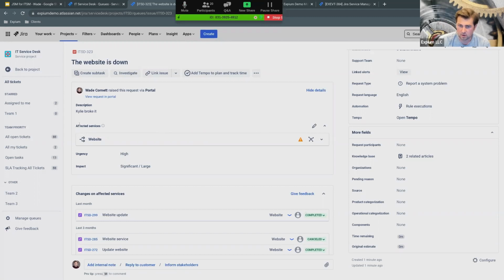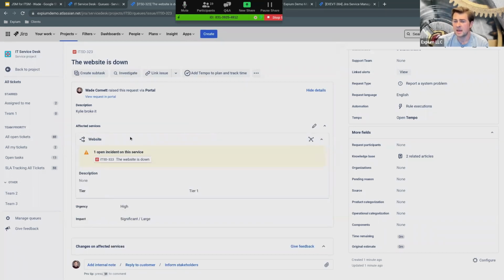I have submitted a request. I'm sorry, not a request. Well, yes, a request. But I have submitted an incident that my website is down. And I selected my affected service, which is the website. And what I can see here is one open incident on the service. The website is down. This is a really nice and handy way to be able to see